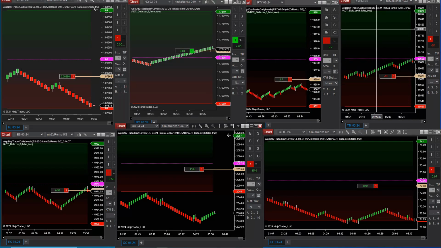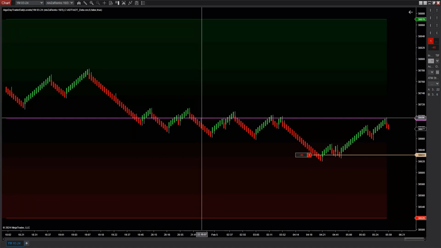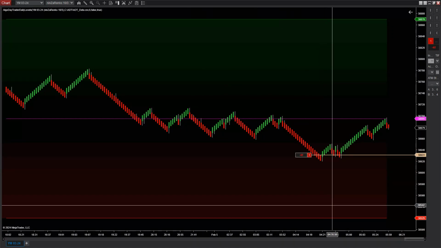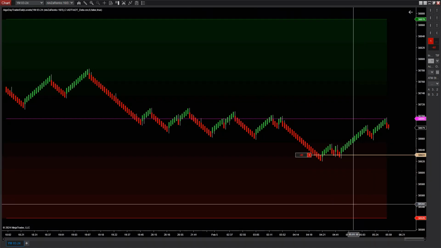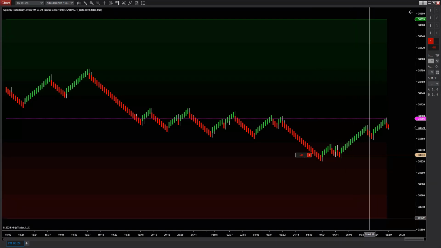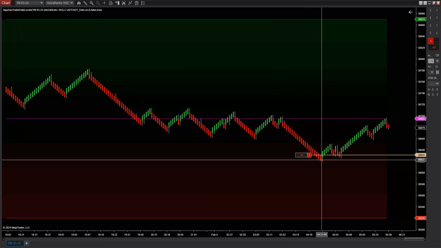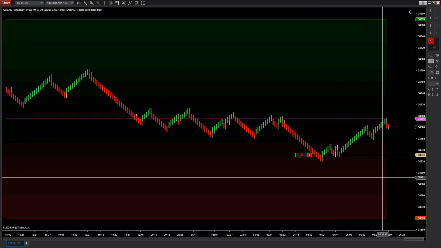Now let's look at something that's going against me, because yes, it does happen. Here we have a case of price going below the midpoint. I thought it would continue lower, because that's what happens most of the time. Price continues lower toward the sell level when it breaks below the midpoint, but instead price went against me.